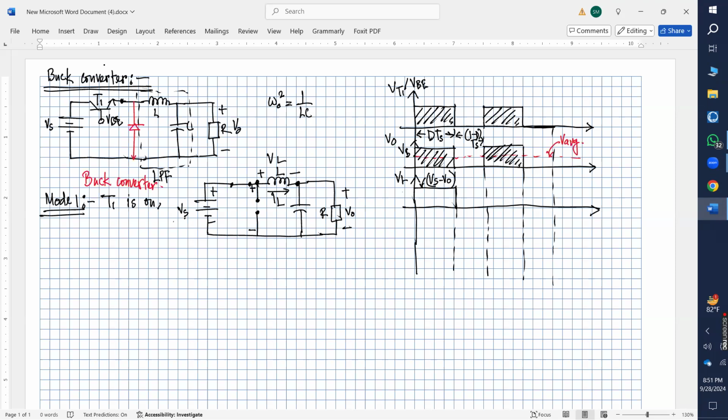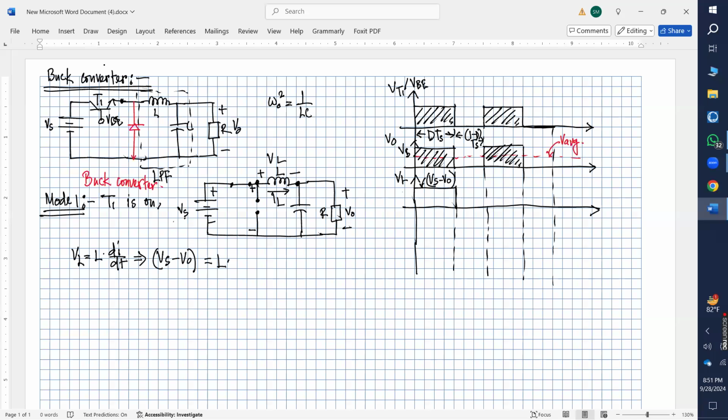So during the first half, when the transistor T1 is on, the voltage across the inductor is Vs minus V0. We know VL is nothing but L multiplied by di over dt, where VL is the voltage across the inductor. So we can write Vs minus V0 equals L multiplied by